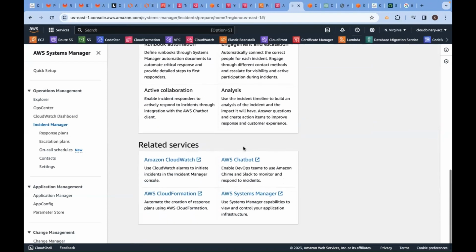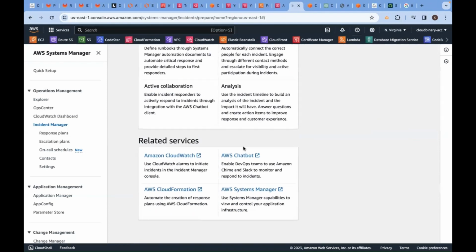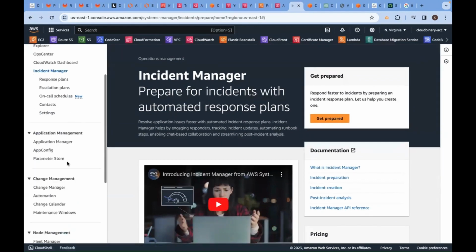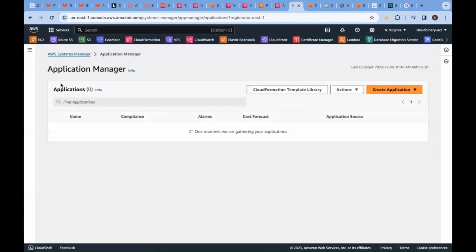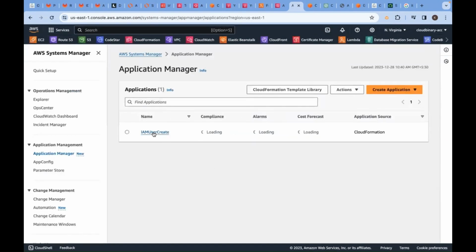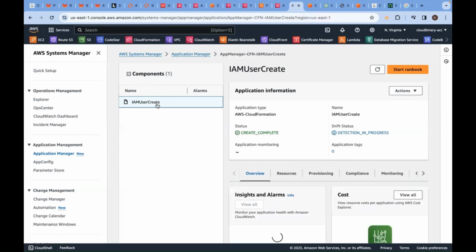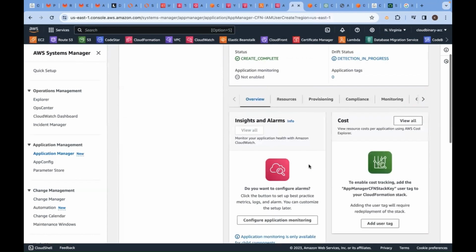So instead of going to a third party called ServiceNow, you can use incident management from operations management, which is under Systems Manager. Next one is application management. Here you can create your application, for example missing user tags for your cloud stack. You see, we created a stack, an IAM user created a CloudFormation stack. For this, there is a recommendation